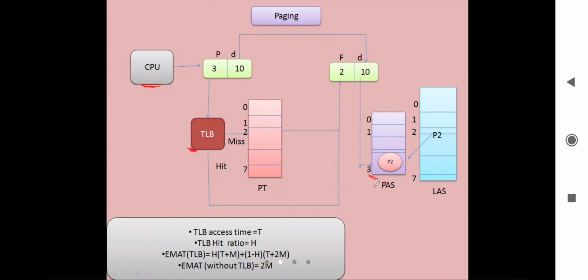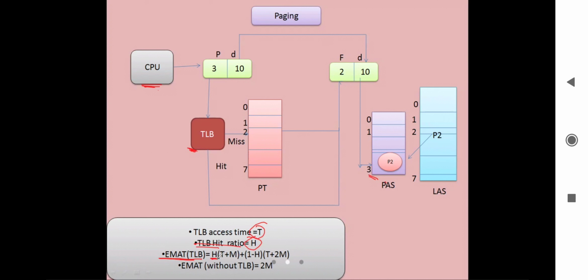Here we can assume TLB access time is T, and TLB hit ratio is H. Then what will be the effective memory access time with TLB? Firstly we check the hit ratio or miss ratio.